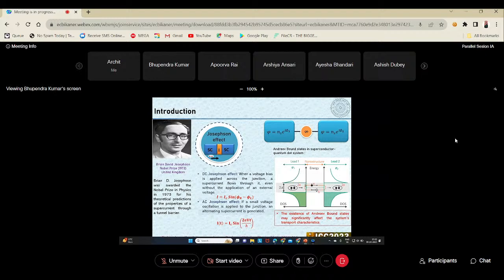So what happens here? If we see this structure, this is some nanostructure and this is the second superconductor. One electron from the superconducting lead strikes the dot, and it can back reflect as a hole. So it makes a subgap state here. This is called the Andreev bound state, and at the same time we see a Cooper pair in the right lead. This mechanism is called the Andreev reflection mechanism, and transport of Cooper pairs in these systems is explained by this